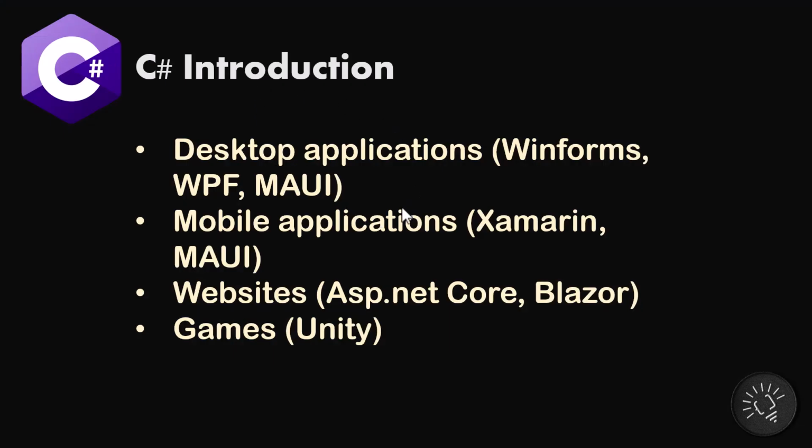Here's a quick list of platforms that you have available to you if you code in C Sharp. For desktop applications, there is WinForms, which is a bit older technology. I don't see you coding in it, but if you got legacy applications and you want to use the old Windows style development, or you want to develop maybe for the older operating systems, you can do that in WinForms. Then there is WPF, which is more modern, but now the thing to code in is MAUI, which gives you complete cross-platform development environment, and all of these platforms are available to you in C#.